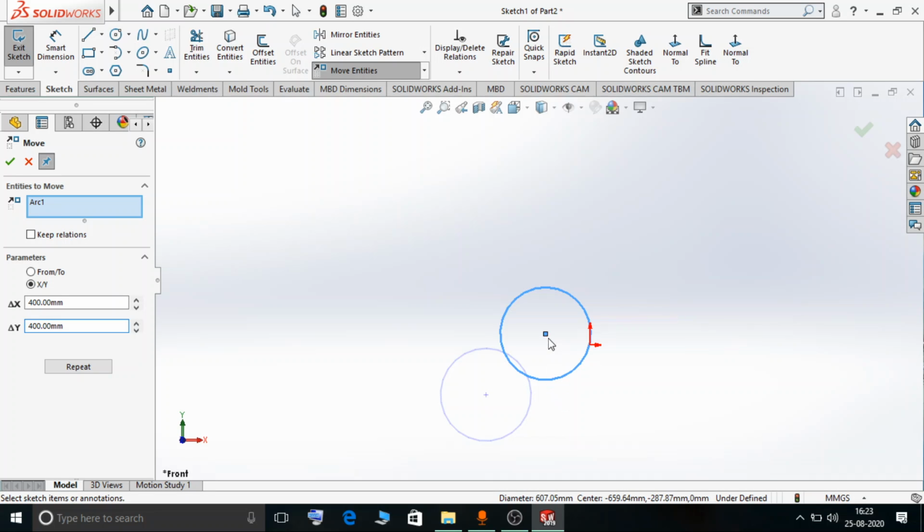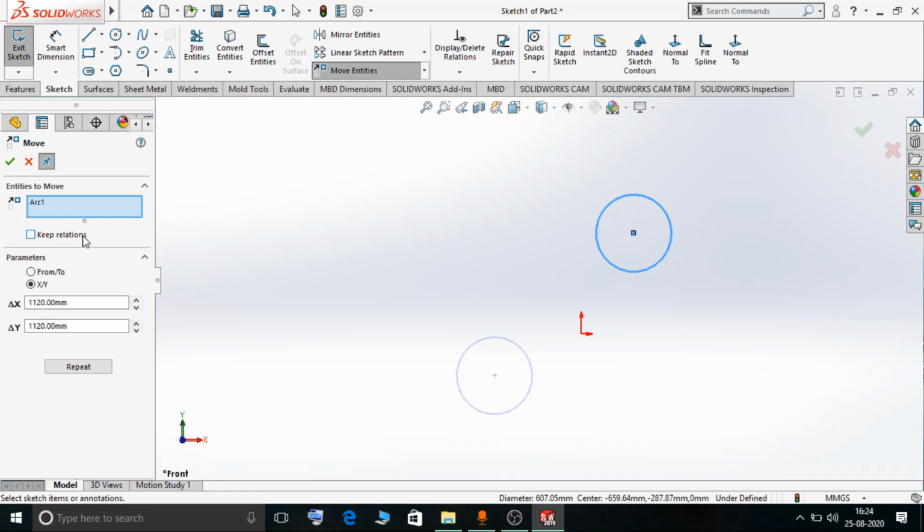So the final position is 400, 400, and this position will now be the origin for the current position or final position. So in this way we can use the repeat option. Okay, so it will move from this position by the same dimension in this direction.